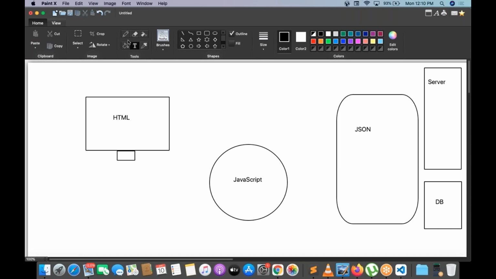Whenever I want to send a request, it is sent from forms and search boxes.